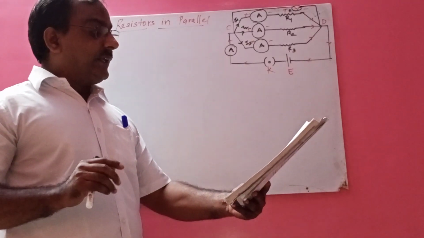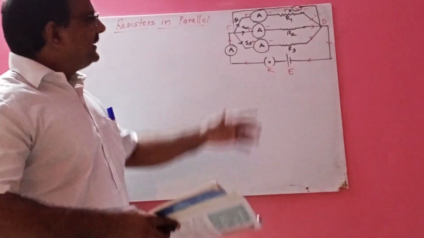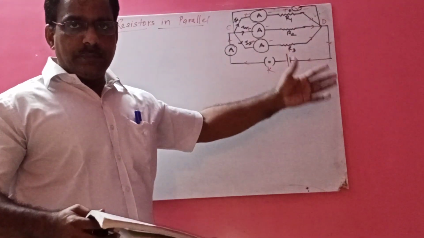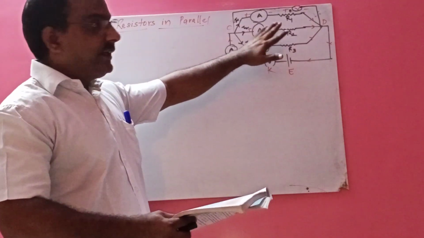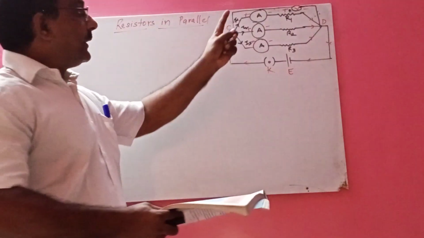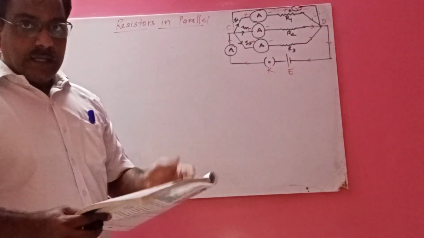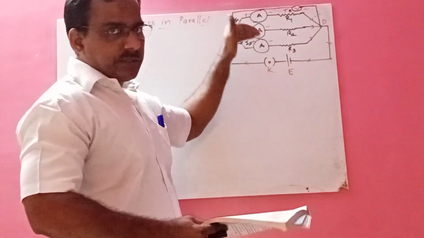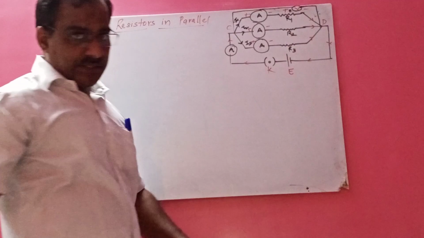Okay. Just see your page number 41, what is given here. Resistors are said to be connected in parallel when their ends are connected at both the sides as shown in the figure. But I'll say simply that the resistors are connected one below the other. Then you will say that this combination is a parallel combination. There are three different resistors, R1, R2, R3, all having different values. The potential difference between C and D, the total potential difference, is V. Let I1, I2 and I3 be the currents flowing through each resistor. These three are different currents flowing through each resistor.